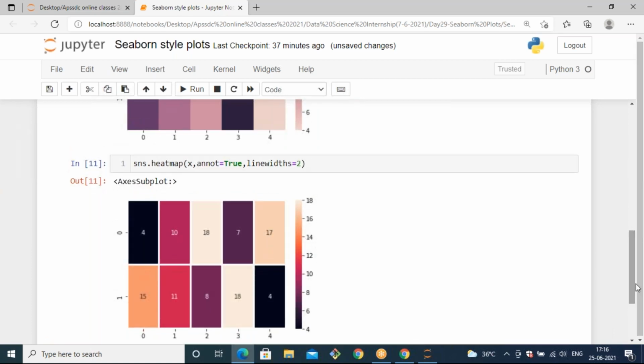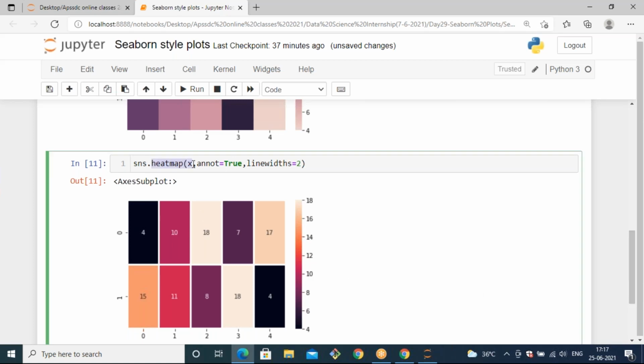Like this, you can generate a heat map, and this heat map is very important whenever you want to find out the best features to predict our output. We can calculate the correlation. So instead of analyzing a correlation statistically, you can visualize that correlation value with a heat map, so that you can easily figure out which feature is more related to our target. So you should know how to generate the heat map.